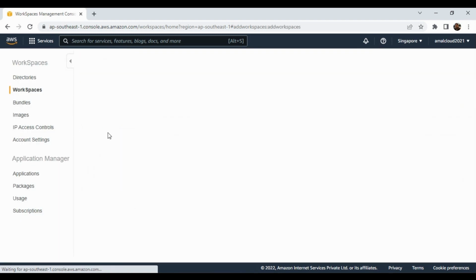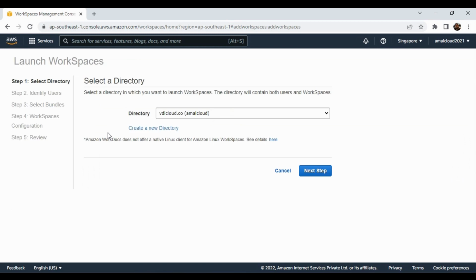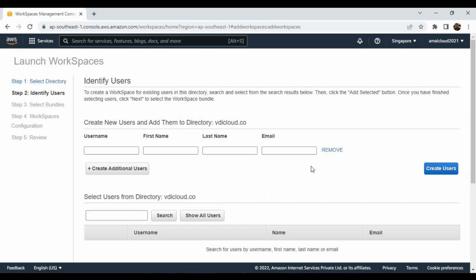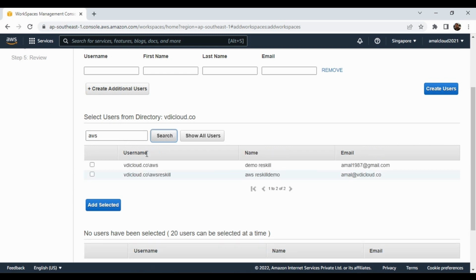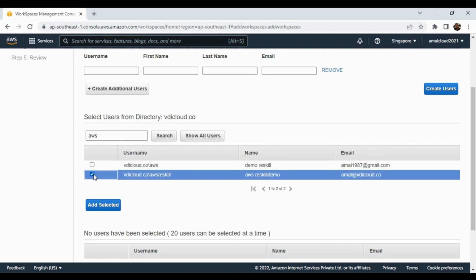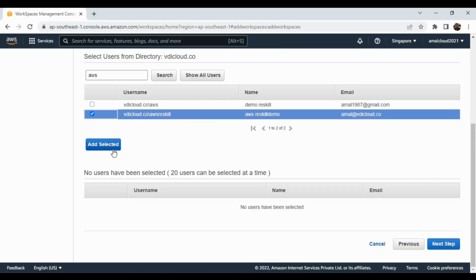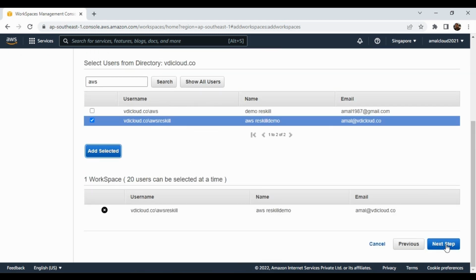So I will click on launch workspace. It will ask me to select my directory. I already configured my directory. Let me click on next. I need to select my users. I can search for my users, or I can create them newly. I will search for AWS, and I have one user created for this demo. I will add the user and click on next,